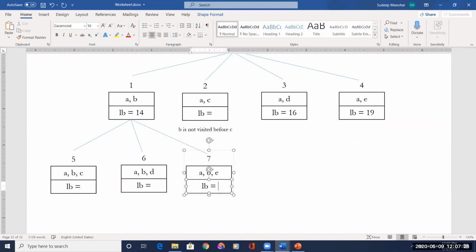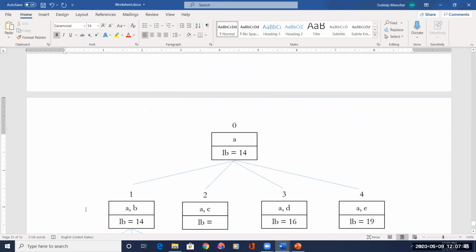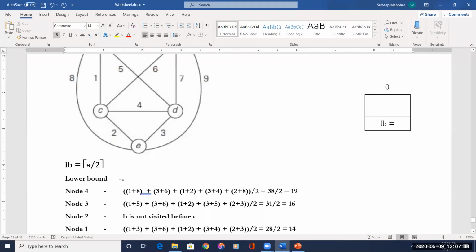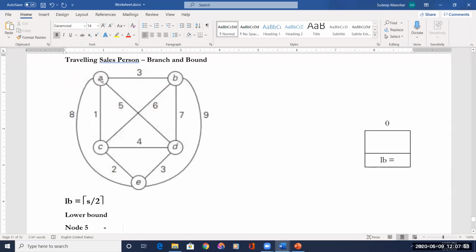Now see whether the constraint is violated. So B should come before C. So this satisfies. You have considered C, and before that C, there is a B. Here there is no C, therefore there is no such constraint. Okay. Now for node number 5, remember that you have to consider A to B, B to C. You should be very careful. You should memorize this while writing the lower bounds.